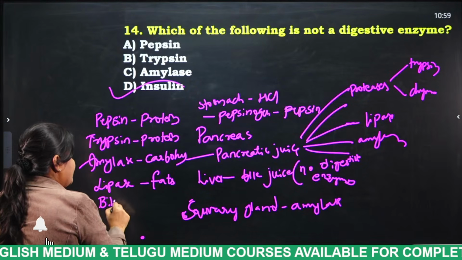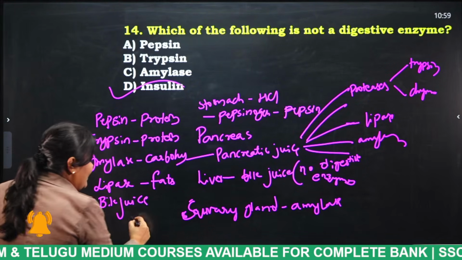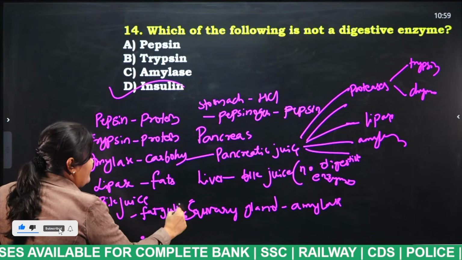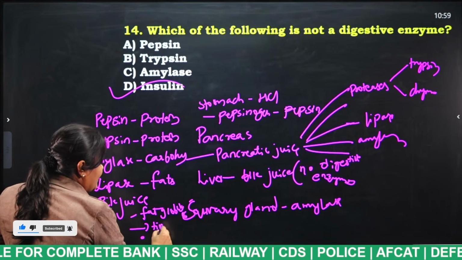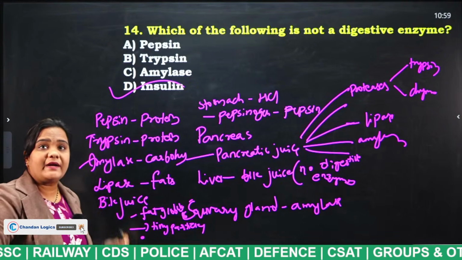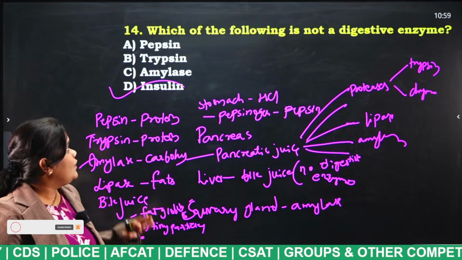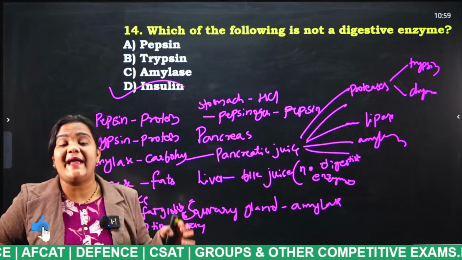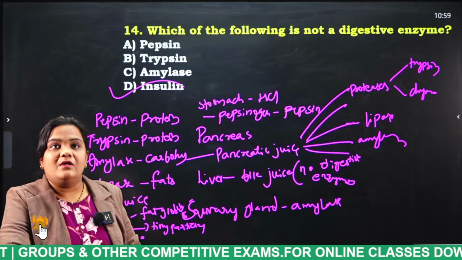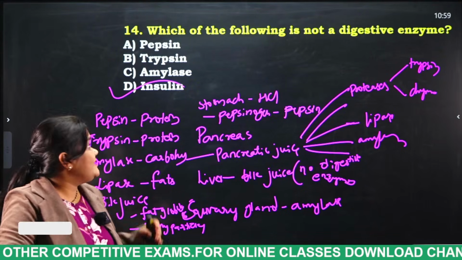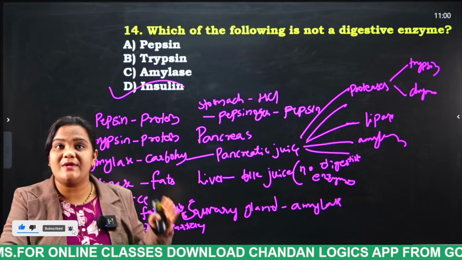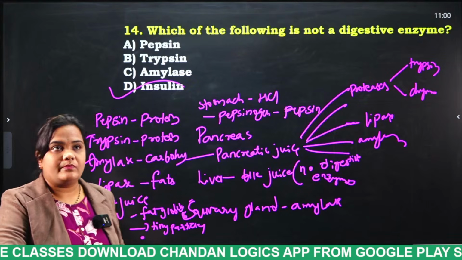What is the use of this bile juice? This bile juice will convert the fat globules into tiny particles. These are the different types of enzymes released by different types of organs. Very, very important. No students, amylase is also a digestive enzyme which digests carbohydrates. Okay? Option C is not the correct answer. Option D is insulin, which regulates the blood sugar levels in our body. Next,